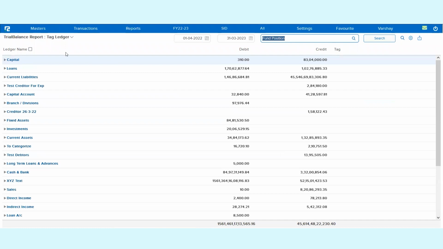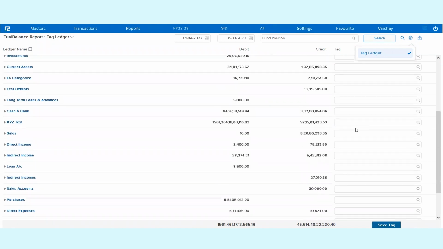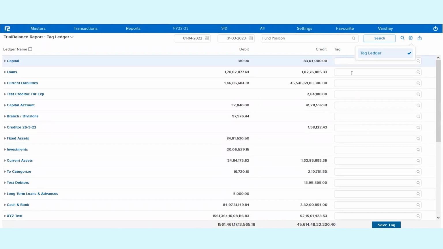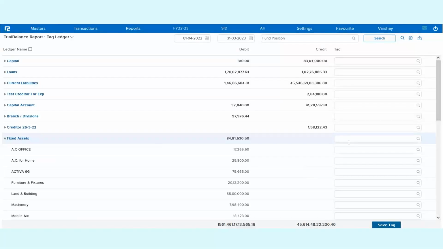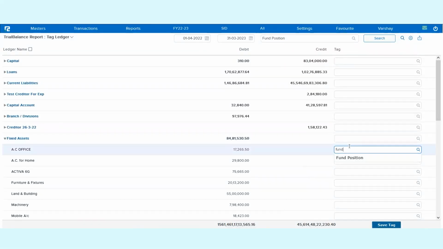Let's check whether, if I want to update, create or delete any tags from here itself, I am allowed to do so. Yes, I am allowed. Let's check how we are supposed to do it. We have an option of tag ledger over here. If we click on the tag ledger, all the details will be reflecting over here. Let's see, if we come to fixed assets, and I update it as fund position,